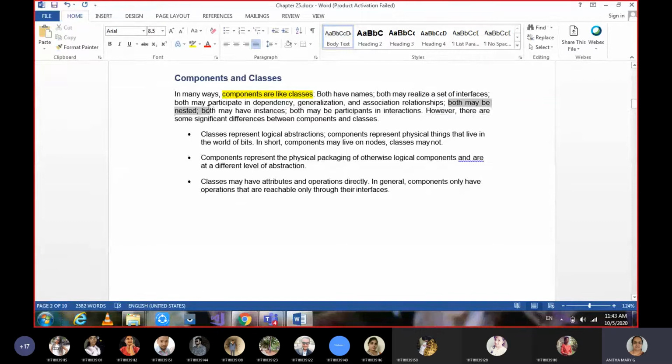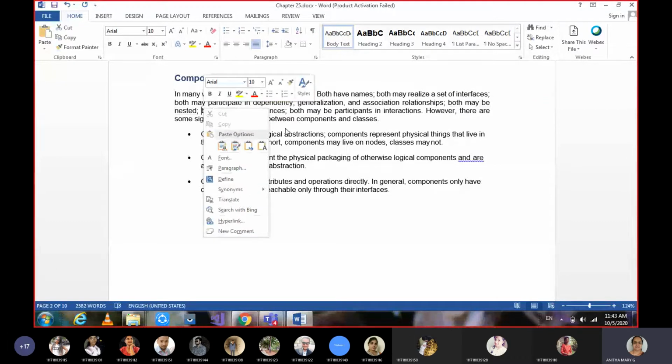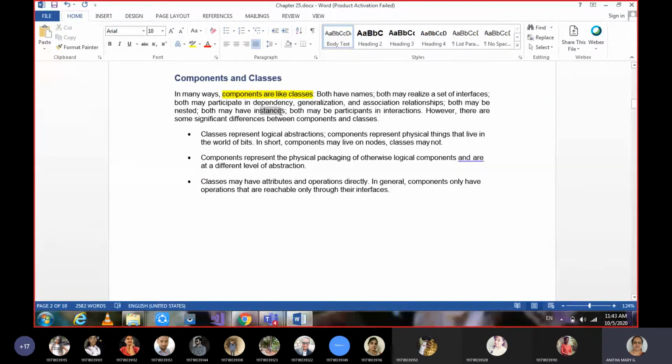Okay, so they can be nested, and both can have instances, both can participate in interaction, and there are many things which are common between a component and a class, but there are some things which are logically significantly different. Significantly they are different in a few ways.